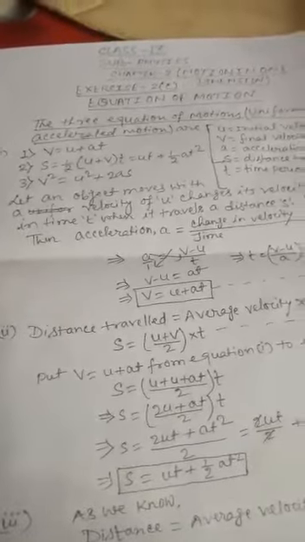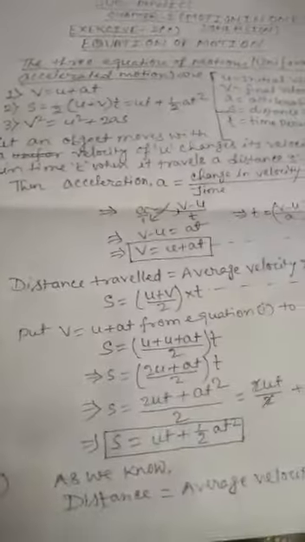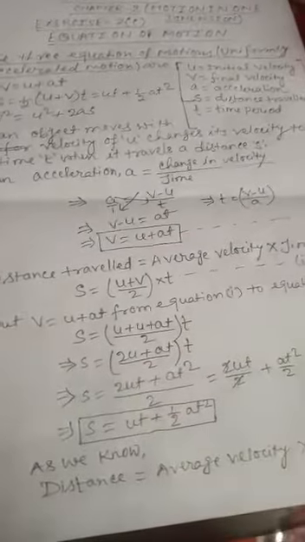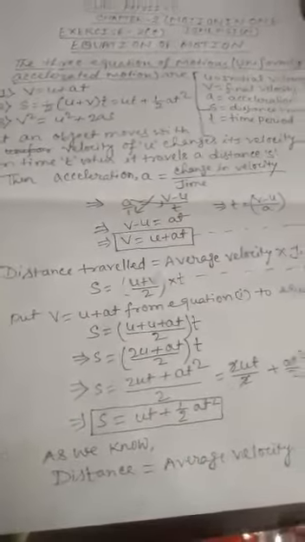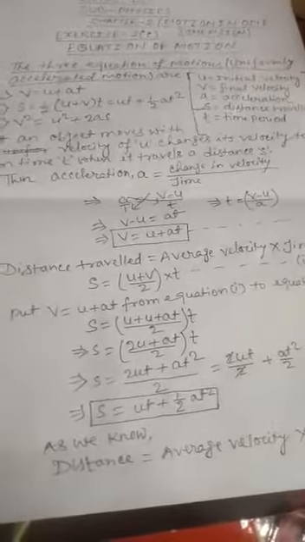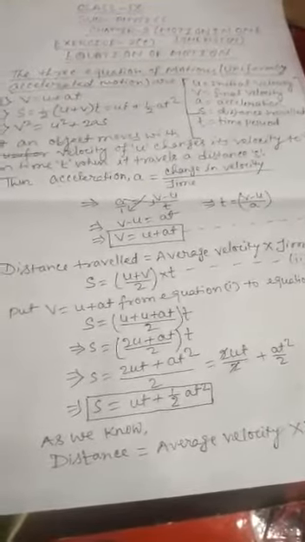So the formula method I am going to discuss first. Let an object move with a velocity of u and its velocity changes from u to v in time t when it travels a distance s. In that case, we already know acceleration is equal to the rate of change in velocity, that is, change in velocity divided by time. So here velocity changes from u to v, so the change in velocity is v minus u, which takes place in time t. So acceleration a is equal to v minus u by t.